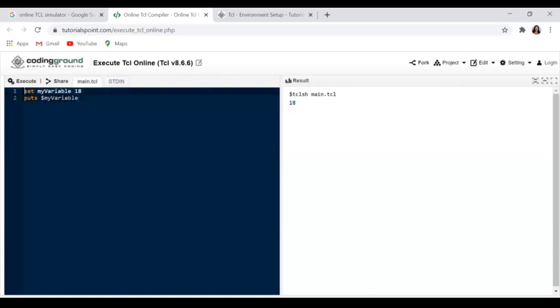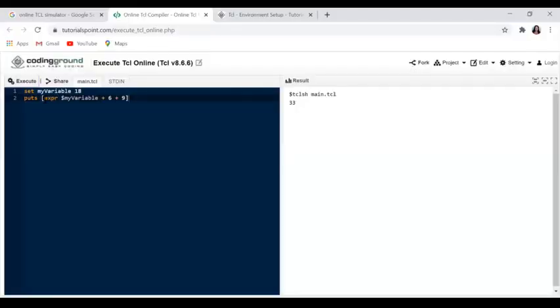Now one more example I'm going to write here. A little modification to the same one. Set the variable as my variable 18. Then find the value of the content of my variable, that is 18 plus 6 plus 9. Then all this expression you calculate and find the answer. So the answer has to come as 33. So this is one kind of expression.